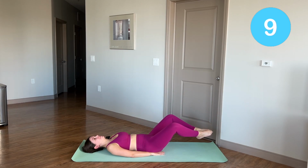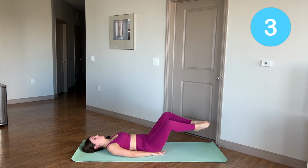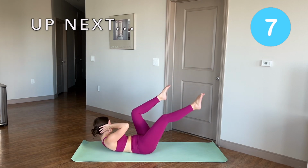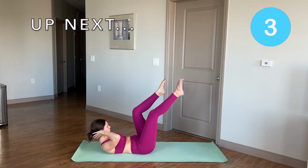This is a burner for those lower abs. You're doing amazing. You're almost there. You're here for 5, 4, 3, 2, 1. Take a rest. Up next, we're doing cross crunches or bicycle crunches, reaching the elbow to the opposite knee in